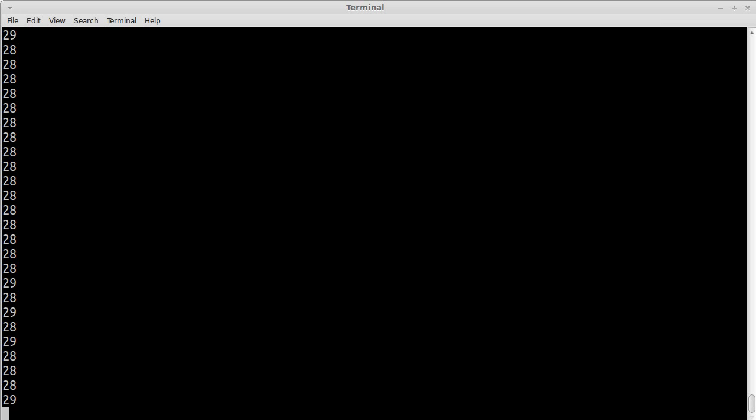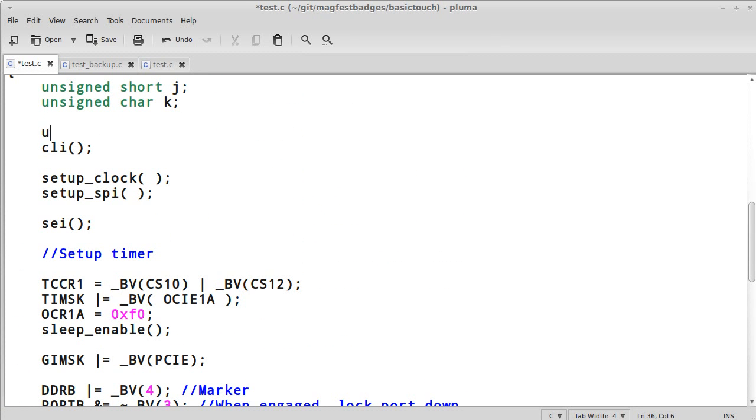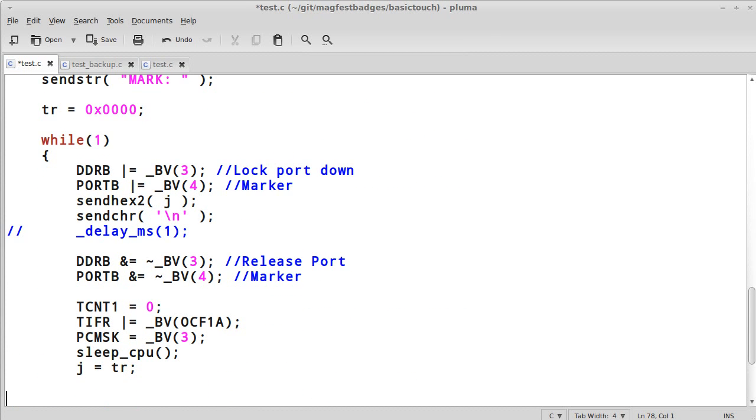Now there's a problem. This right here takes a certain amount of time to reach that even when nobody's touching. So we're going to need to calibrate that out. And the way we can do that is simply by running this code a couple times and then setting a calibrate value. So unsigned short calibrate equals 0. Unsigned char calibrated equals 0. So what I'm going to do is run for a couple cycles,